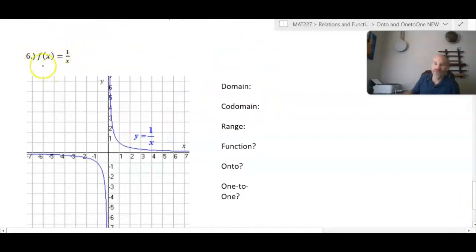When we're looking at functions in algebra, unless otherwise stated, the domain and the codomain are always all real numbers. Okay? As a basis point, at least the codomain is always all real numbers. Now the domain, in our case, is this function we know from algebra. We'll always look at our domain in terms of what can you not plug in. Well, clearly we can't plug in x equals 0, and that's the only number that you can't have in the denominator. So we would say all real except